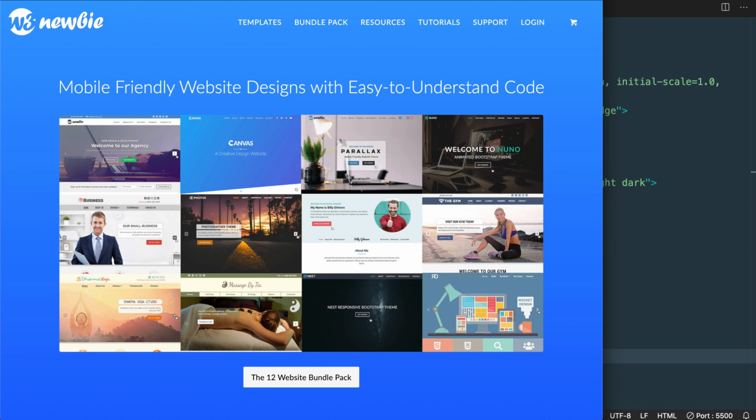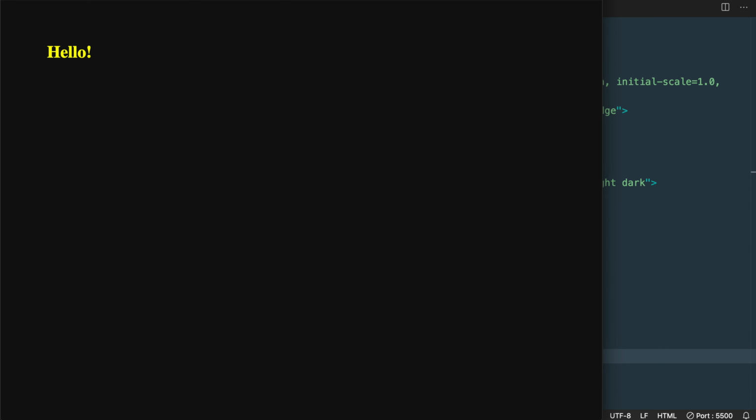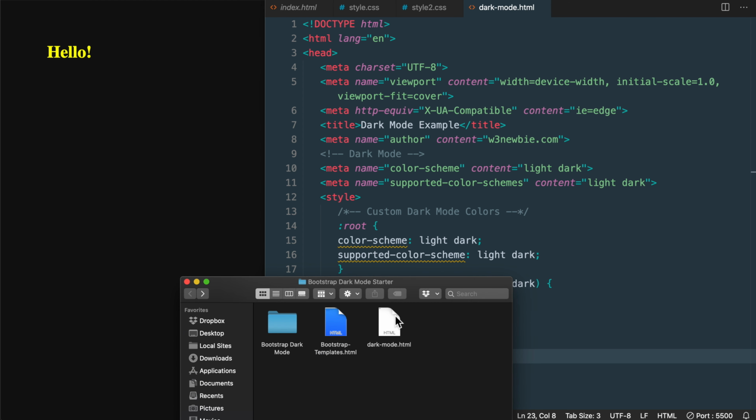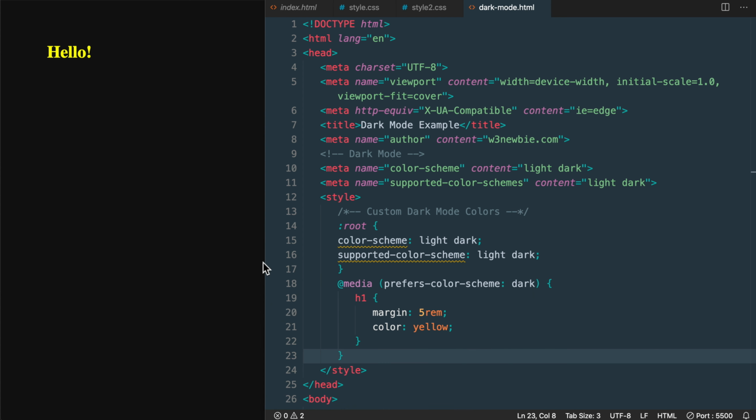Okay, so moving back over to the starter files that I prepared for the video, the first thing that we'll take a look at is the darkmode.html file that you see here. So you'll notice I have darkmode.html open on the left with the yellow text in the dark background. So if we change this to red and saved it, we'll get the red text. Or if we remove the color altogether, we'll end up with white text and the black background, as you can